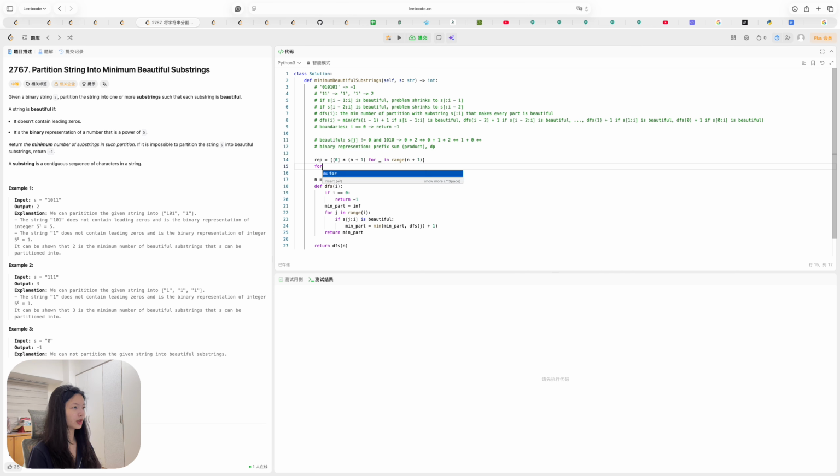So yeah, I will use the dynamic programming thing. So here you can, like